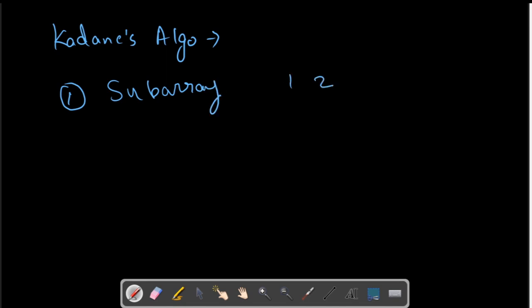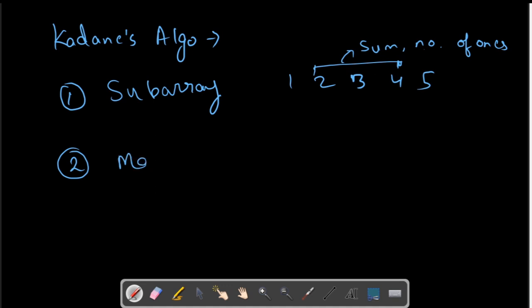That means if an array is given and we have to find a subarray, either the sum which we saw in the last video or here the number of ones. If we have to perform something on a subarray, it's more likely that we have to use Kadane's algorithm.